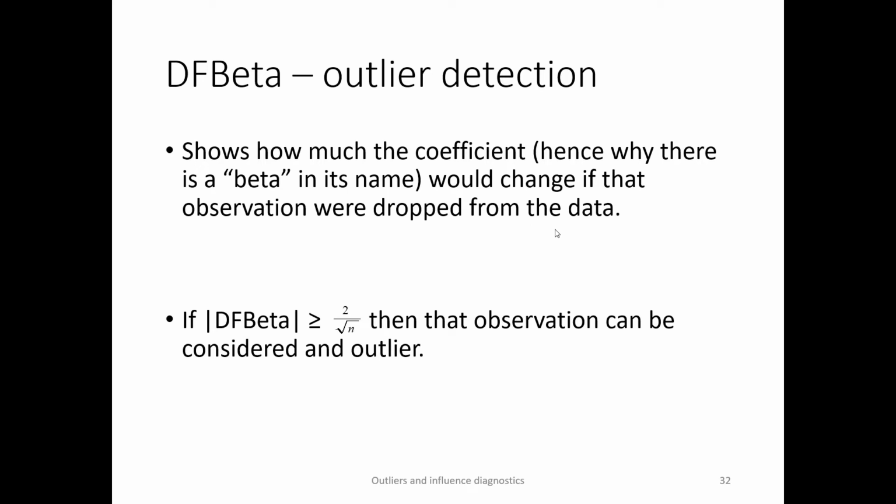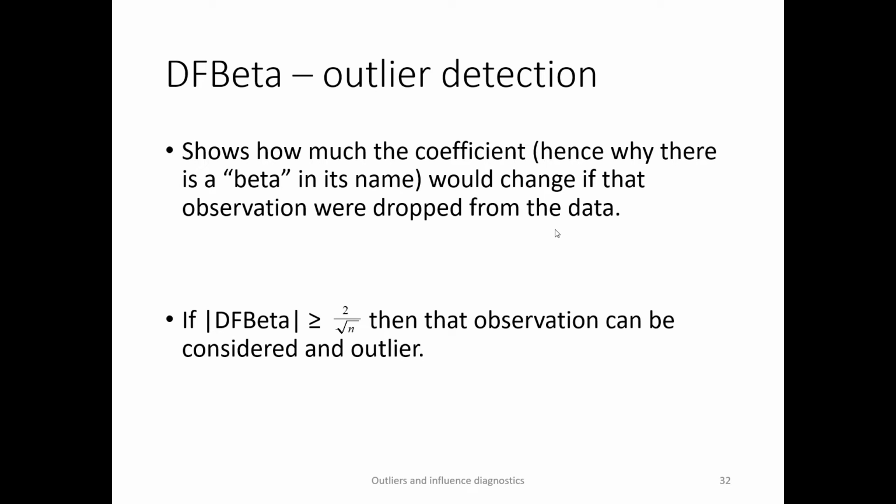Regardless of whether it's a DF beta for the intercept or any of the slopes, we have a cutoff value again. The technology will calculate the DF beta statistic itself for that particular observation. We look at the absolute value of that DF beta statistic calculated by the stats package, and if that number is greater than or equal to 2 divided by the square root of n, then, hey, you may have a potential